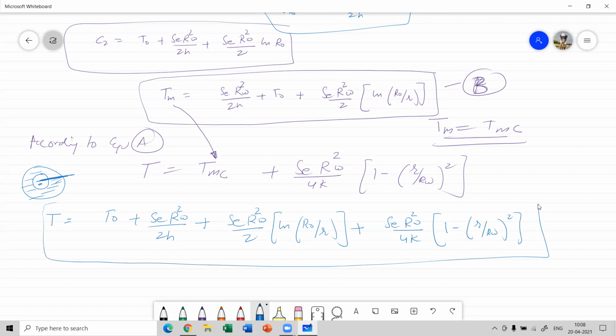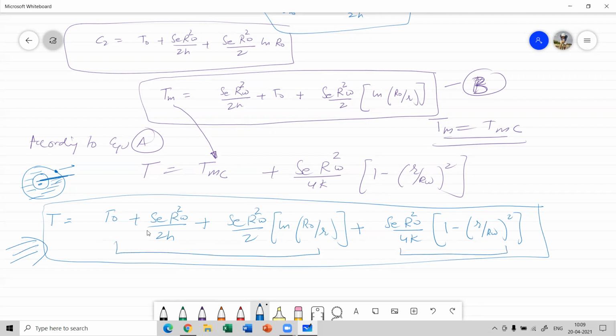So this is in general the temperature profile of the entire system, that is, as the current passes through this wire, how the temperature varies across the entire system. Suppose at the outer surface of the metal cladding there is cooling occurring. So this is how the temperature variation occurs within the system. This part is because of the metal cladding and this is because of the wire. If you combine both, you have a general temperature profile within the system. Clear?